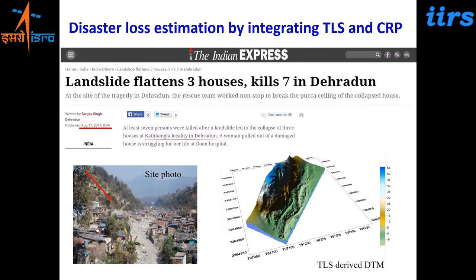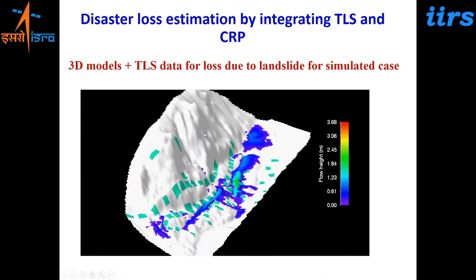So on board the drone, even if you do not have LiDAR sensors, with very, very high resolution, low level, as we did in the Nainital region, similar data can be acquired at a low altitude with 1 to 2 centimeter resolution, and a very high resolution digital terrain model can be generated, and you can do the disaster loss estimation.